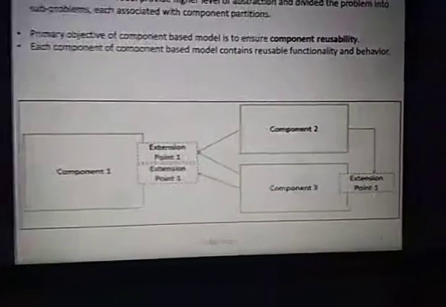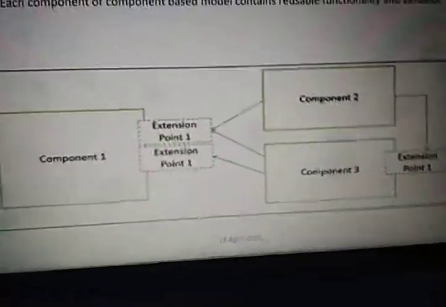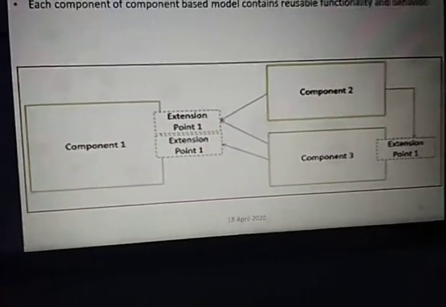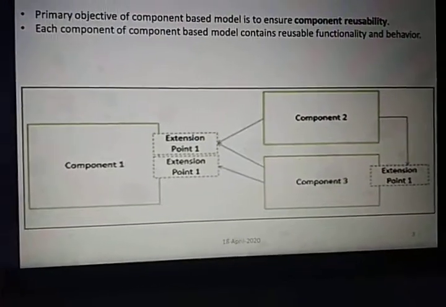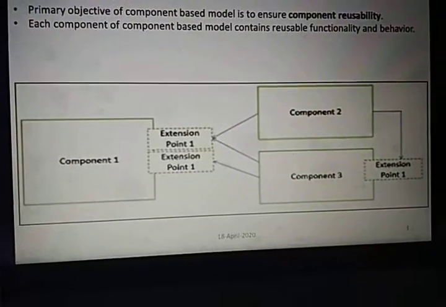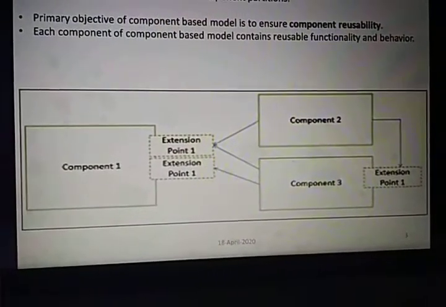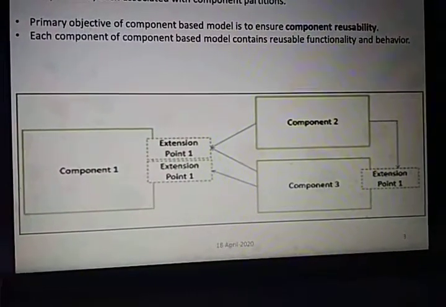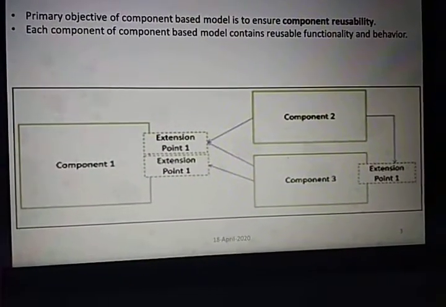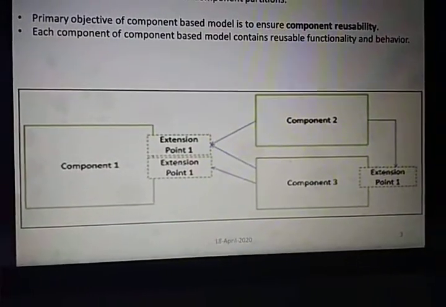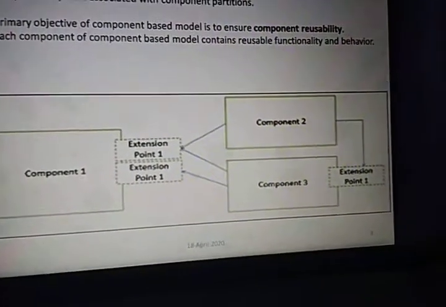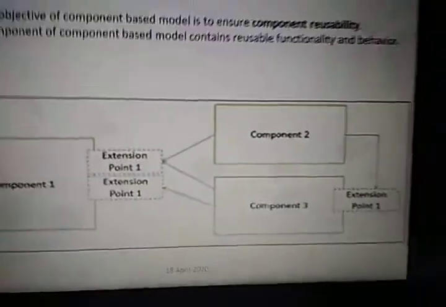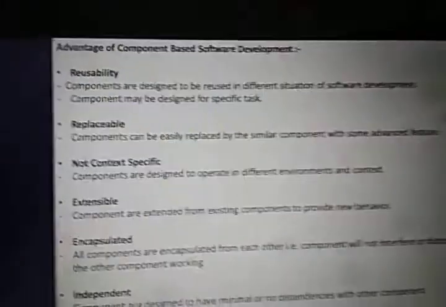If you look at component 1, we can extend that to component 2. Suppose you come and ask me again that you want to extend some functionality of your software. Based on your requirement, I will search for that component which I have, then I will extend component 1 to components 2 and 3. Again, if you ask me for something new, I will add the next component. So that is what I am showing.